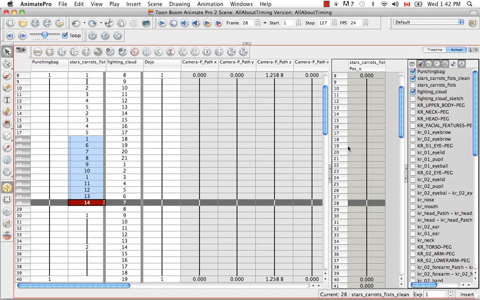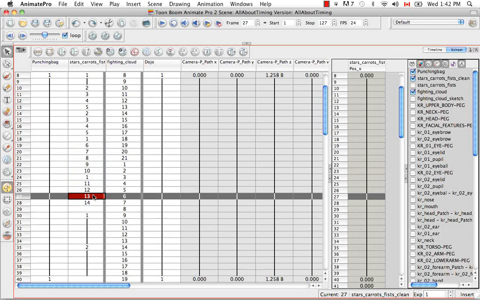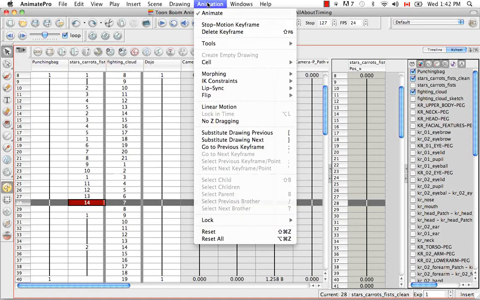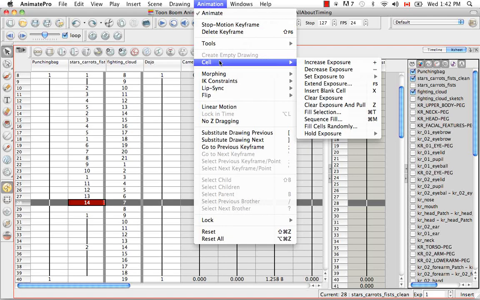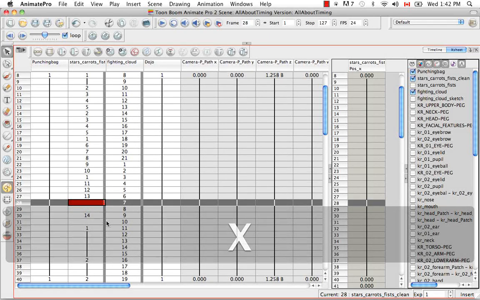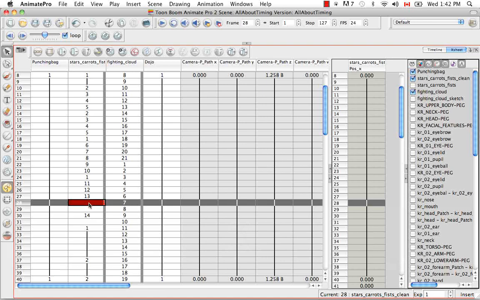So there are also several ways of inserting a blank cell, and even if you are in the overwrite mode, it works as if you were in the insertion mode. So if you select, let's say, cell drawing number 14, you can always go to the top menu and select Animation, Cell, Insert Blank Cell. Or you can use the keyboard shortcut X,